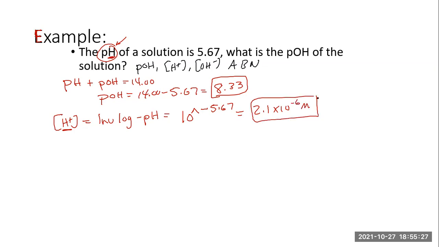Again, my calculator did not give it to me in scientific notation. All the zeros, 0.00002138. The other option at this point, because we do have the H plus concentration, is we could use Kw if we wanted to get us to the OH minus concentration, where the OH minus concentration would be 1 times 10 to the minus 14 divided by 2.1 times 10 to the minus 6, which gives us